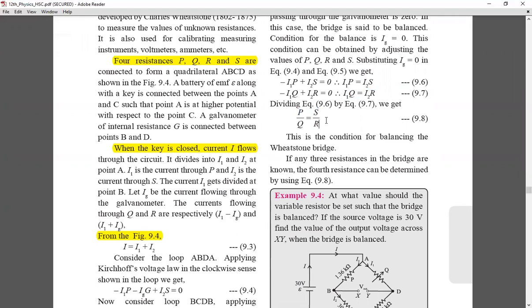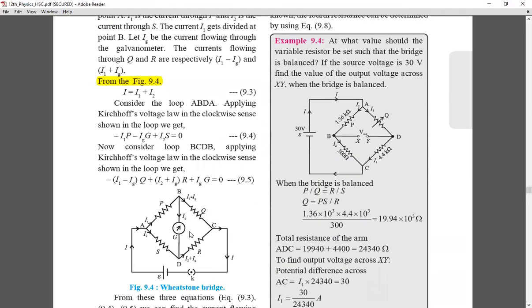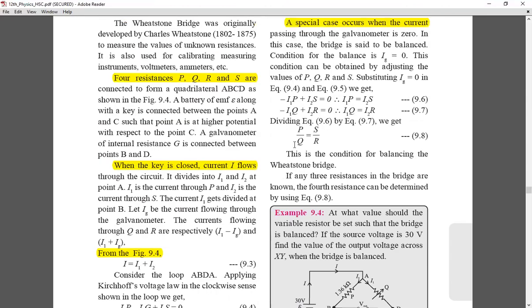What is the balancing condition? How do we get it? Choose three resistances such that the potential at point B becomes equal to the potential at point D. If the potential at B and D are the same, then the galvanometer will not show any deflection, it will show zero deflection, or we can say it is a null deflection. So at the balancing condition we get the null condition, or zero deflection, in the galvanometer. This is the balancing equation for the Wheatstone bridge.